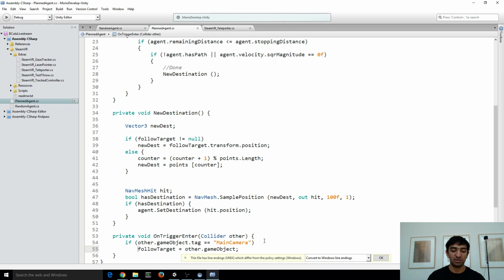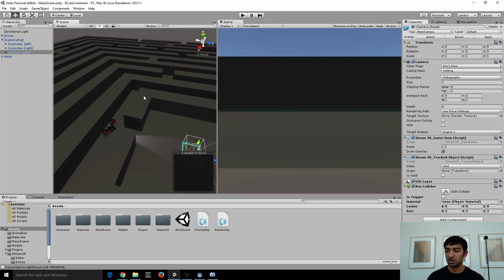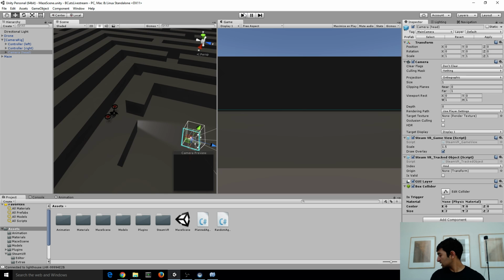Then if that happens, we'll follow the target. Otherwise, we're just gonna ignore it. You can do this with layers. You can do this with tags. Just to have some way to identify what are the things you actually want to target. So with that now built, let's go ahead and